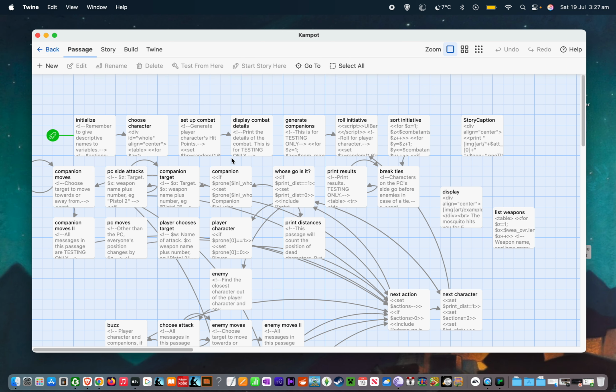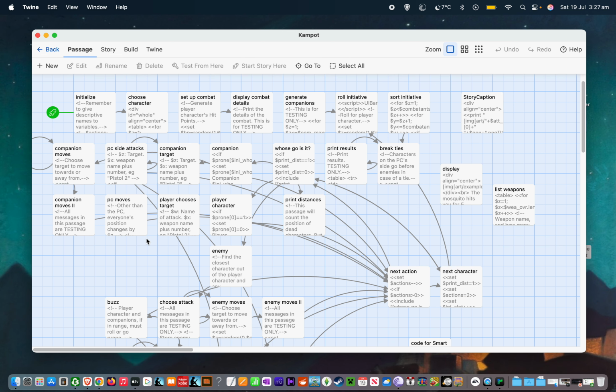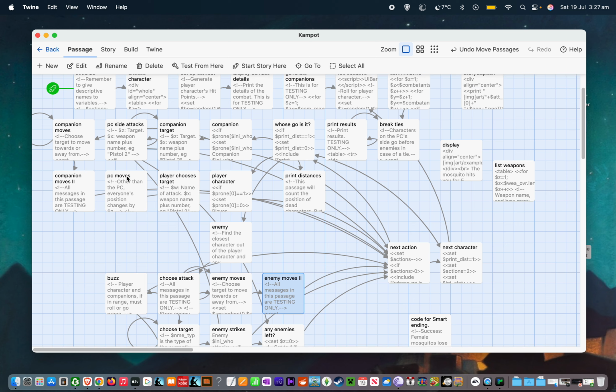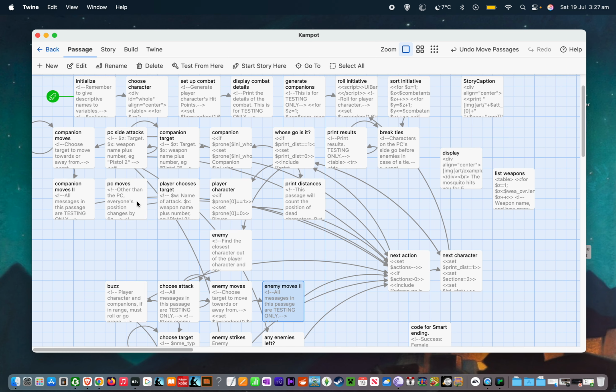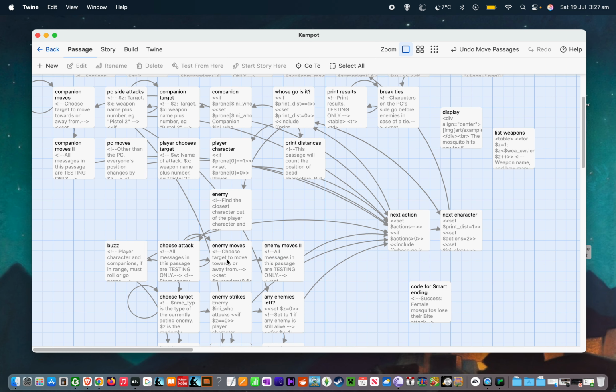So all the code we're going to be looking at today is in companion. And then we've got these two new passages, Companion Moves and Companion Moves 2. And it works very similarly to how the enemies move. We have Enemy Moves and Enemy Moves 2. And in fact, they're so similar that when I was coding this, I copied and pasted the code from Enemy Moves to Companion Moves and the code from Enemy Moves 2 to Companion Moves 2 and changed the names of